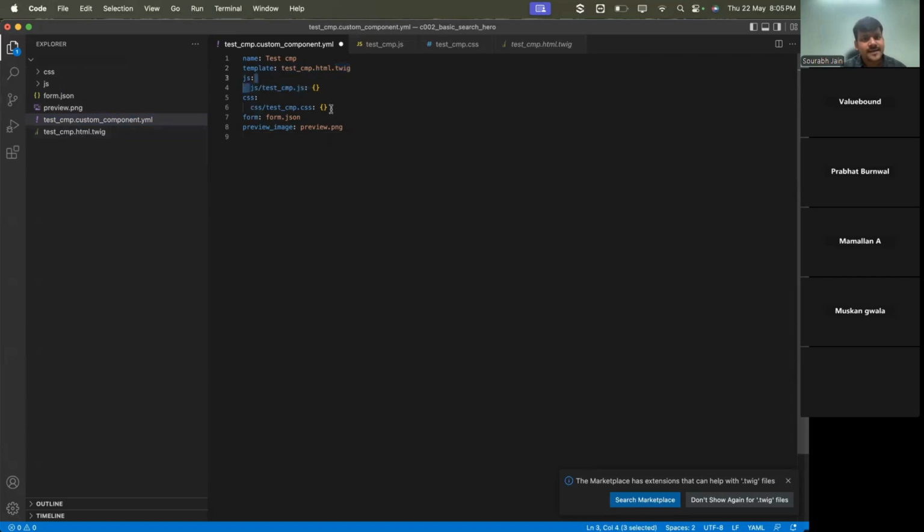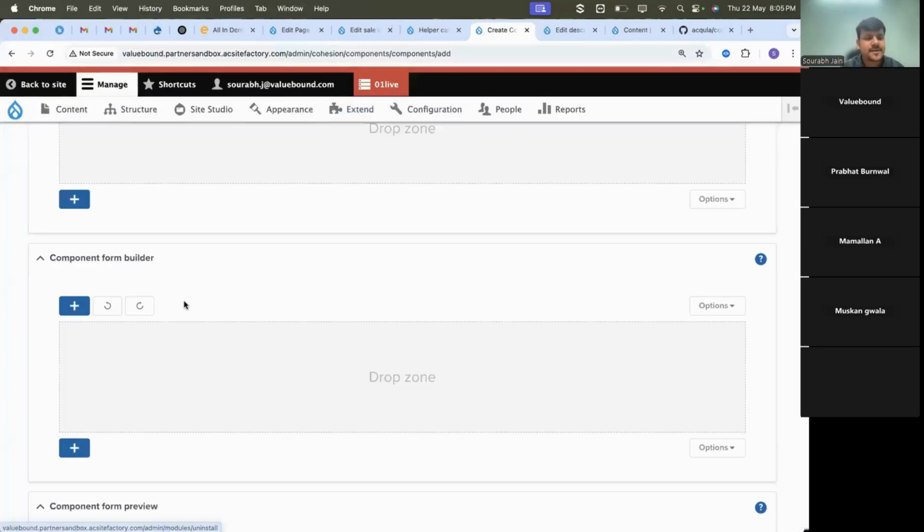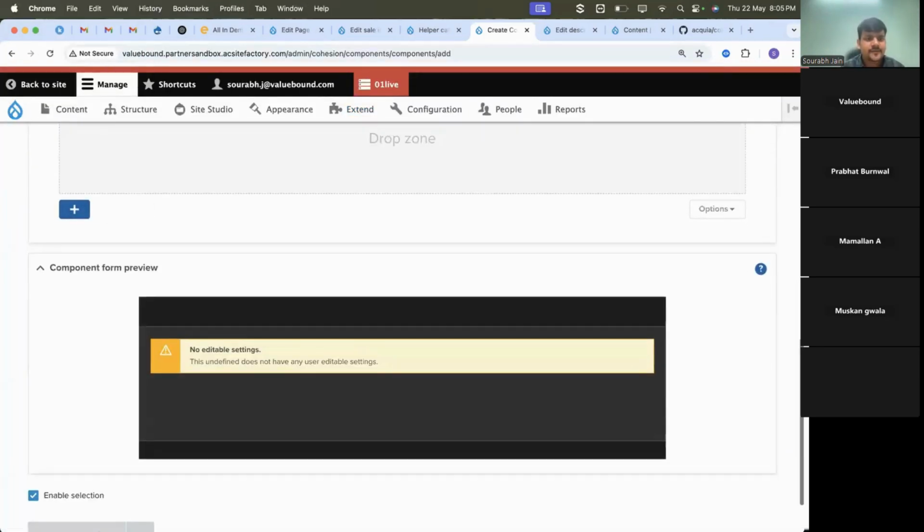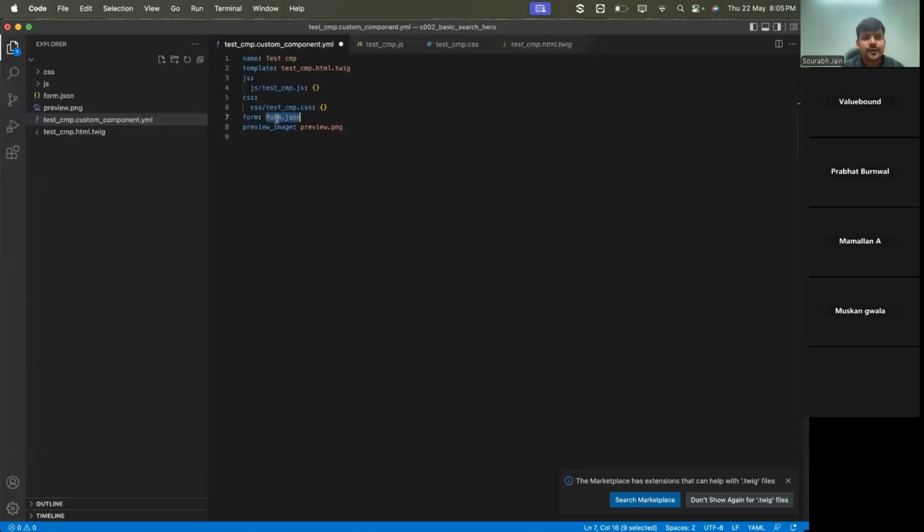Same for JS, CSS, and this is form.jsl. Form.jsl means whatever fields we create here, and when we download it, it will just put them into the form.jsl. And if we put any preview image, then it will be the preview image. So it's like the info.yml file of a custom module. And inside the